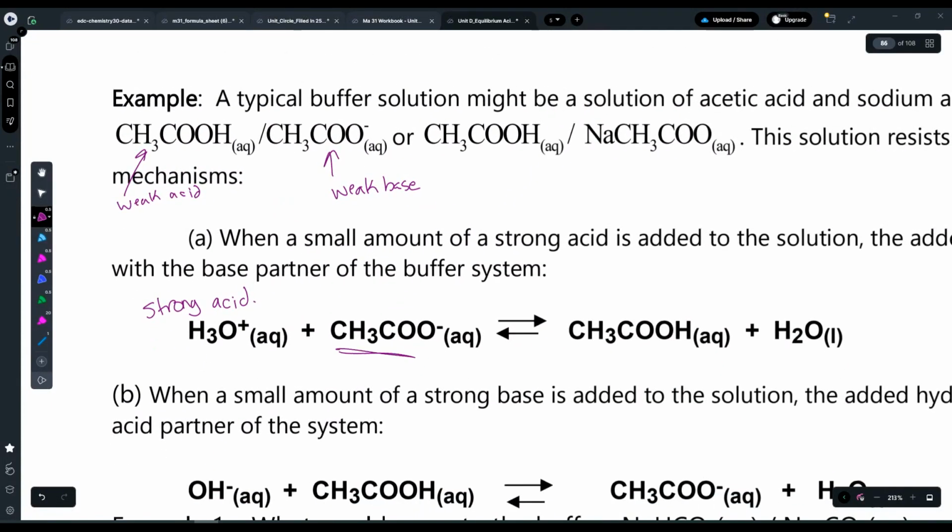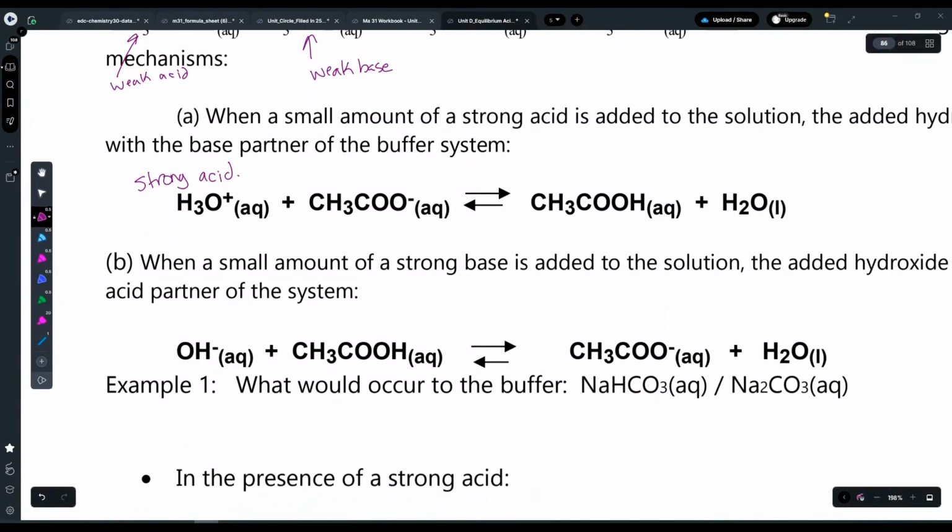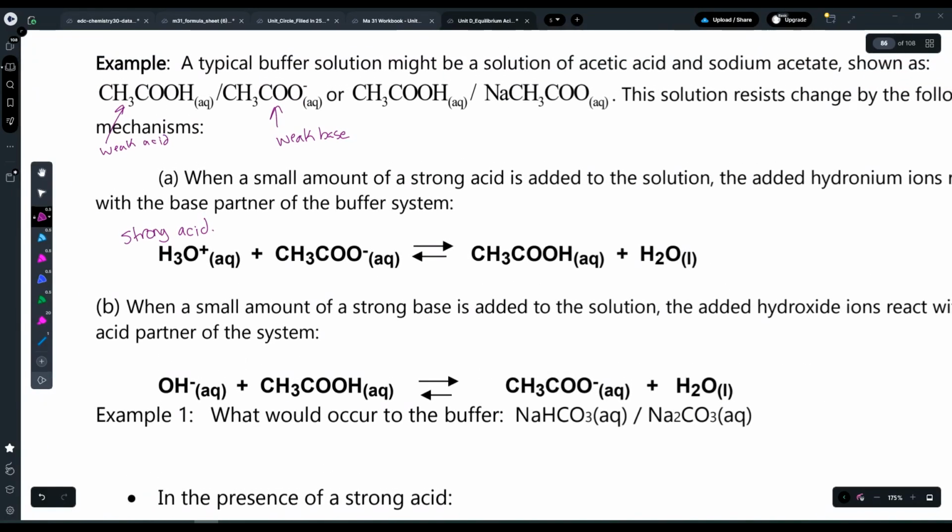And so the weak base is going to react with the hydronium ions coming from the strong acid in order to create the weak acid and water. Okay? And since we have the creation of a weak acid, that's really not going to change the pH of the solution very much. Okay, and that's assuming you're only adding a small amount of strong acid to the buffer